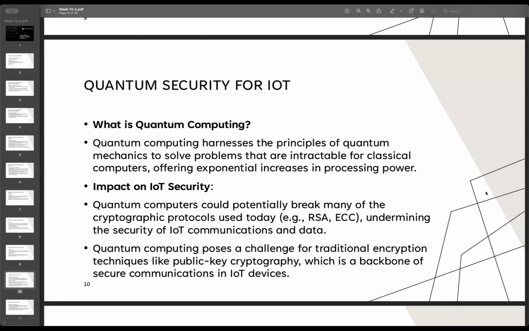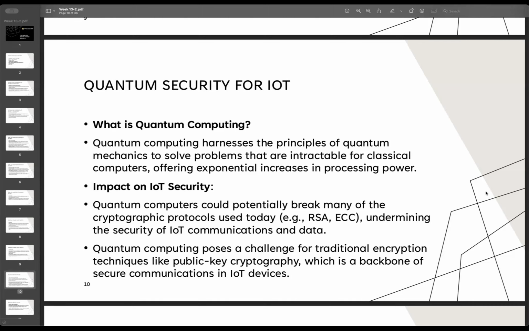But if we apply a quantum computer, for breaking the RSA encryption, it may take, depending on the hardware and processing power, but let's just assume, a month to break the cryptographic protocol. But when we have a quantum computer, just one day. Then all the communication encryption methods are not useful anymore. This is really a challenge for traditional encryption techniques.